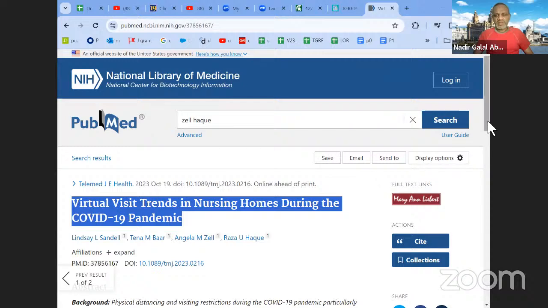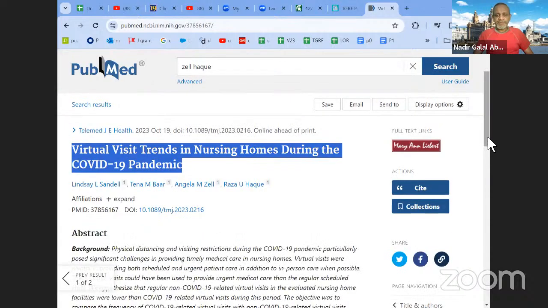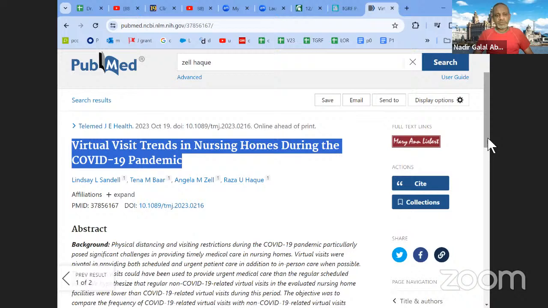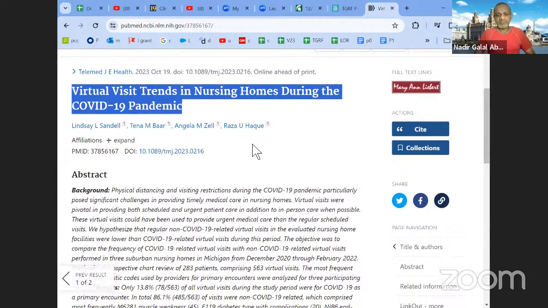So this can be done easily, but we used it, actually my colleague, Dr. Raza Haq, and his co-authors, what they did, they looked at 3 nursing homes here in Michigan and looked at the patients who were